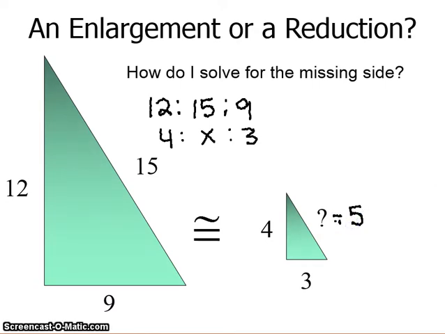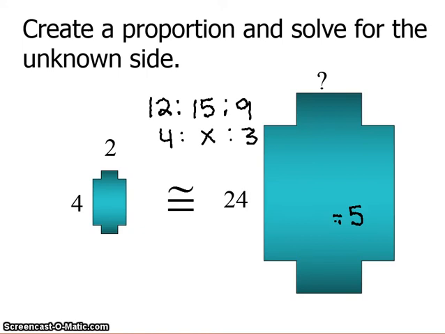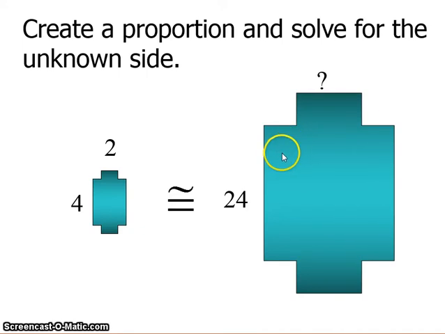Now that's one way to look at how we would solve for a missing side. Let's look again at two similar figures, and this time we're going to create a proportion to solve for an unknown side. So let's begin by setting up our ratio for the smaller figure. We will write 4 over 2 as our ratio, and we will set that equal to 24